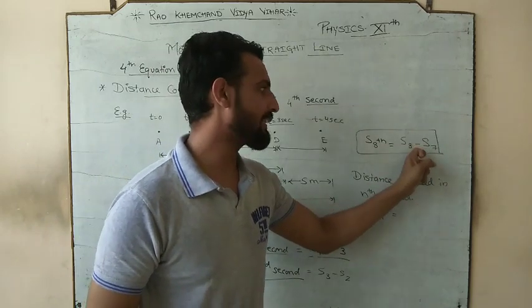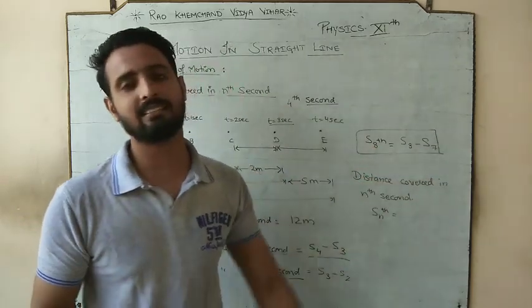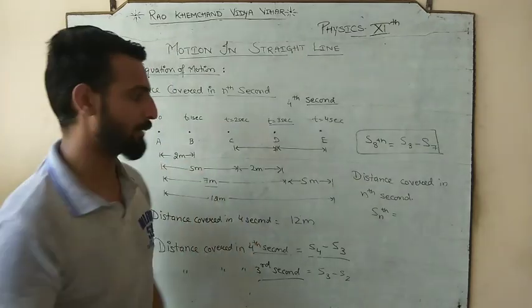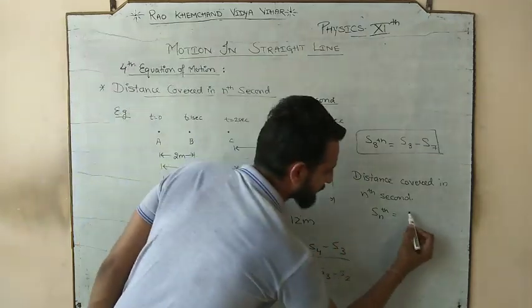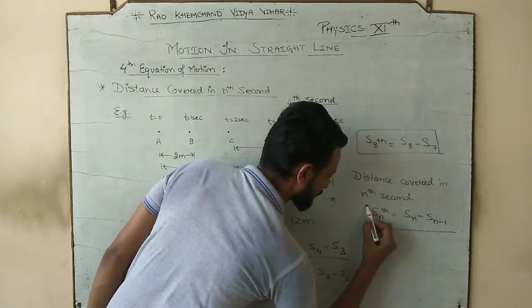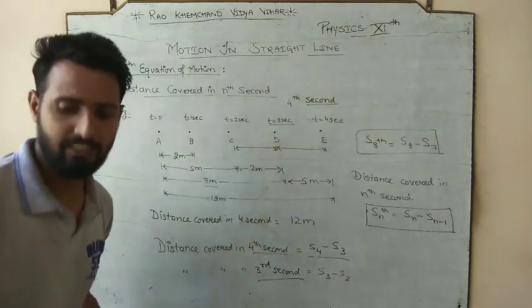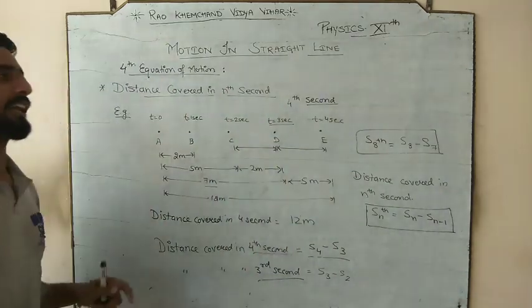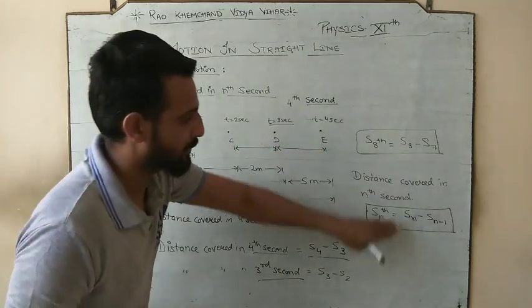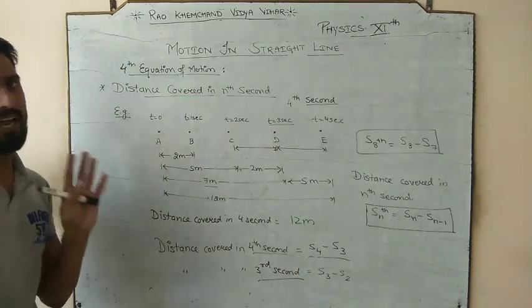So whatever be the distance covered in the time interval that is asked of you, minus the distance covered in the time interval just preceding it, just behind it. So what would be Sn? It would be Sn minus S(n-1). And this would be the first general expression for the distance covered in nth second. Hope you get how this expression has been evaluated, and this was just an example. You do not have to note it down.